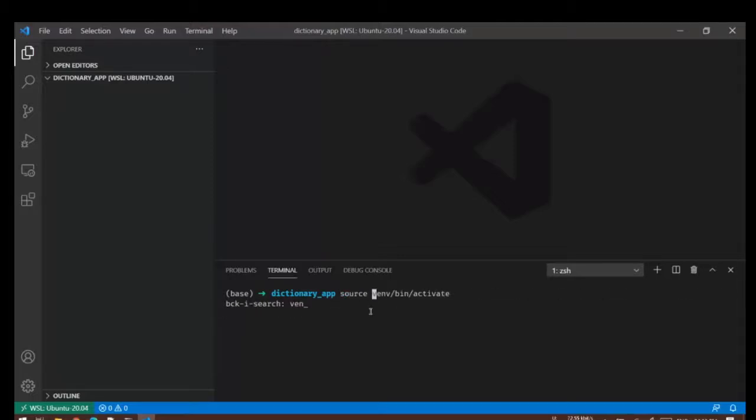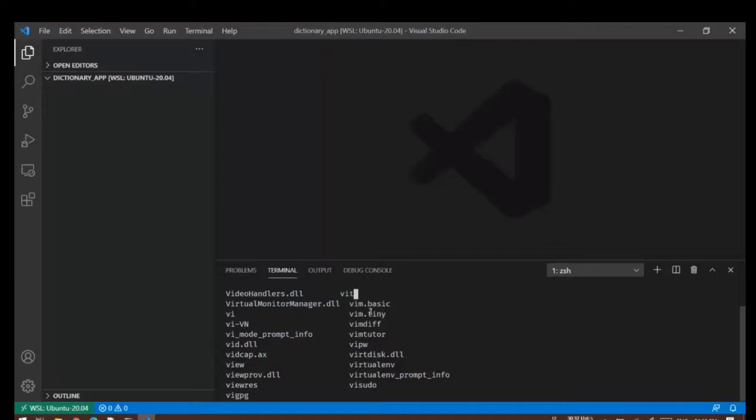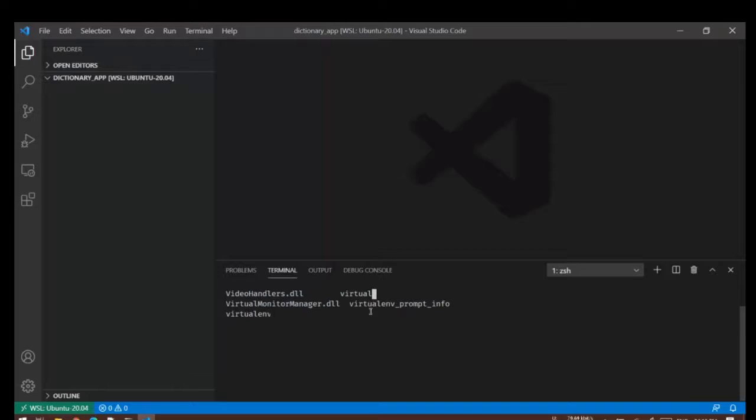What was the command for virtual environment? Okay, so virtualenv, and then our environment name will be env.